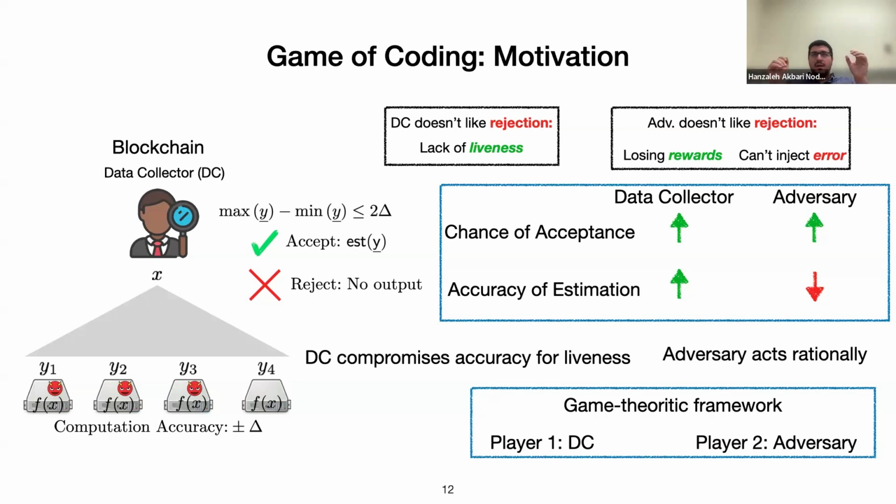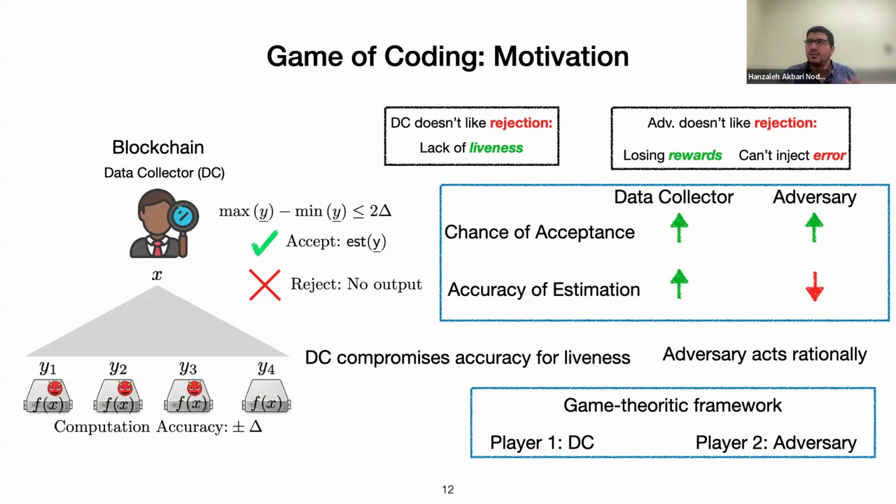So the level of the noise that the honest nodes are injecting and is accepted is, for example, plus minus delta. So the data collector doesn't have any idea in the case that the difference between the maximum amount and the minimum amount is beyond 2 delta. In this case, the data collector doesn't have any idea which of these players are honest and which of them are adversary, because we are not in the honest majority regime. Let's assume that you have two nodes, and one of them says something and the other one says another thing, and their difference is large. So you can't say which of them is honest and which is adversary.